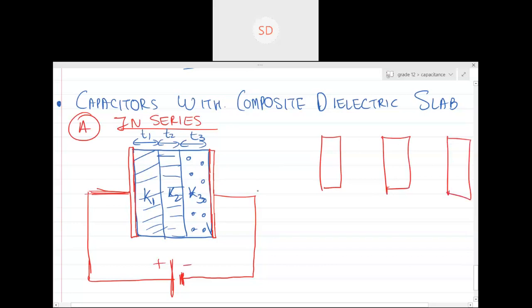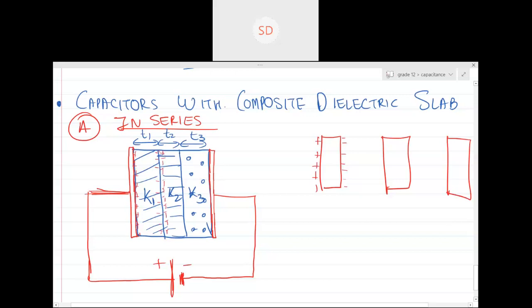Initially, they were all neutral, right? Yes, sir. So basically, what will happen? There will be positive charge around this and a negative charge around this. So can you see individual slab? Can you see positive charge around it? This positive will try to induce a negative charge, equal and opposite negative charge over here. So can you see a negative charge is induced over here? This negative will induce a positive charge over the second slab. Are you getting my point, guys?